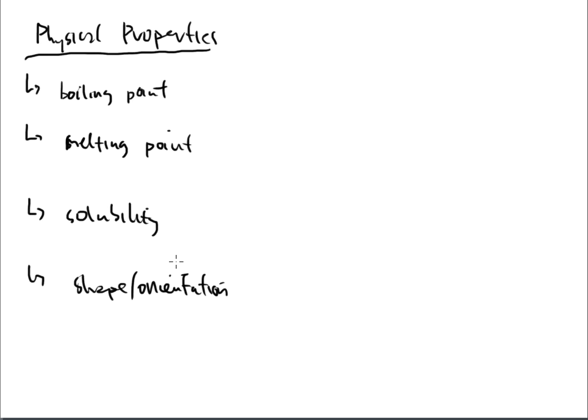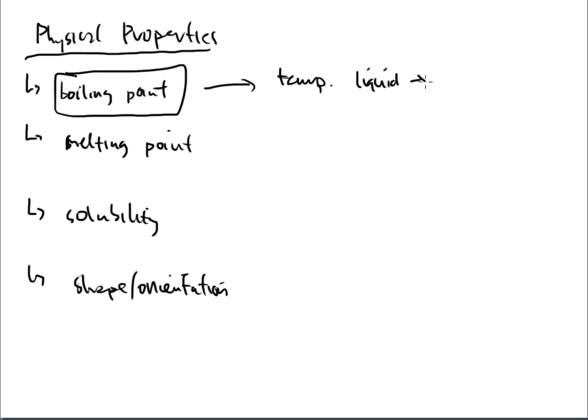All right, so we can look for patterns. That's what this is all about. We can look for patterns. We can associate the shapes of the molecules to one of these four that I've written up on the screen, but there's actually more than this. These are only the first four that we're going to talk about, okay? And the first one that we're going to focus on is boiling point. I think if we're okay with boiling point, we'll be okay with melting point, but I'm going to strictly focus on boiling point first. All right, so boiling point, of course, is the temperature at which a liquid goes to